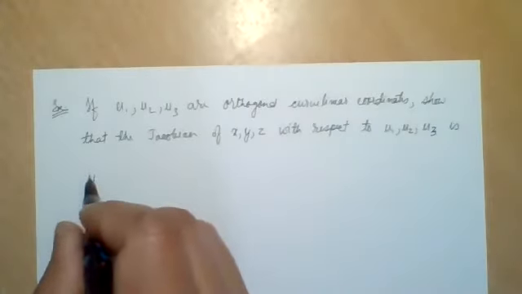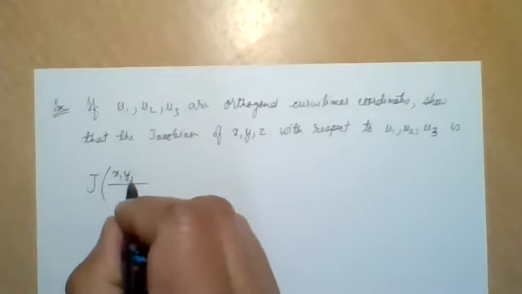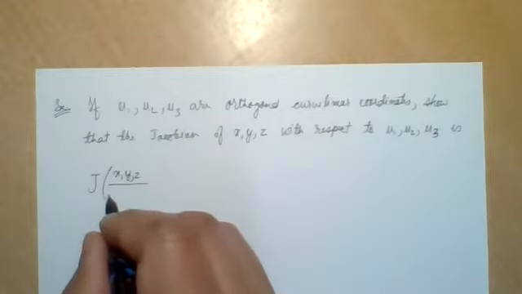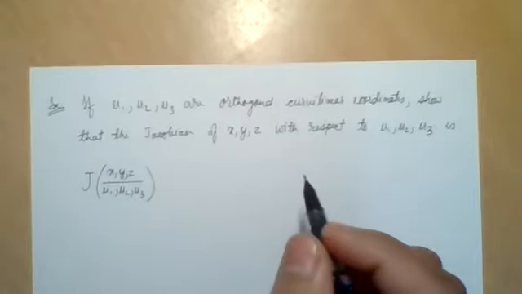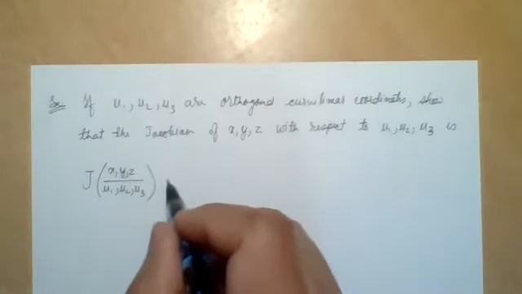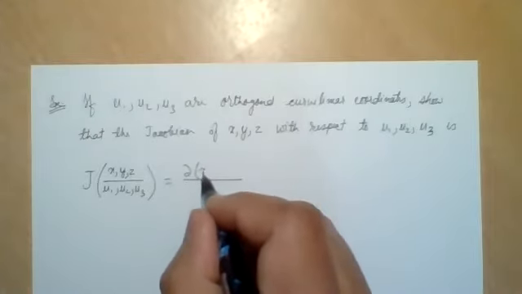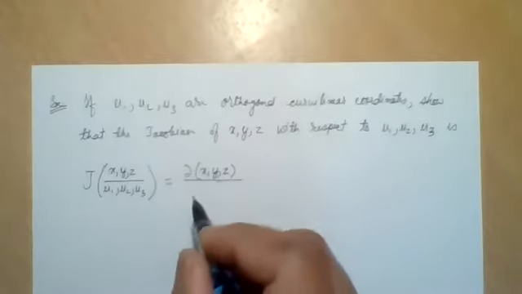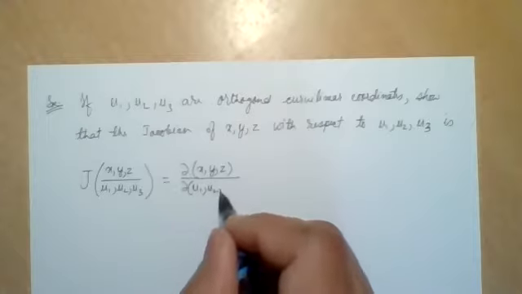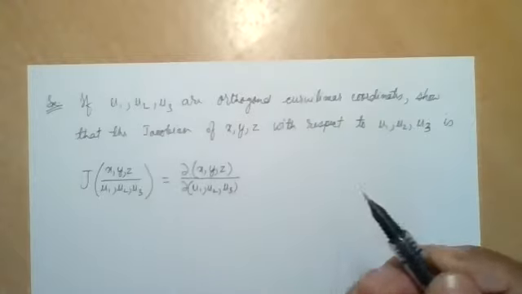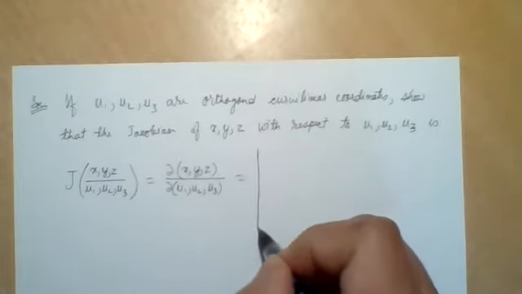this Jacobian is written as J within bracket. In the numerator, we have x, y, z. In the denominator, we have U1, U2, U3. And this is also written as del x, y, z divided by del U1, U2, U3. And this is given by the determinant